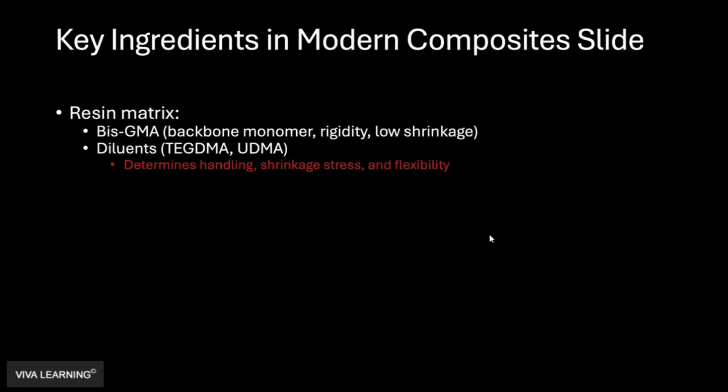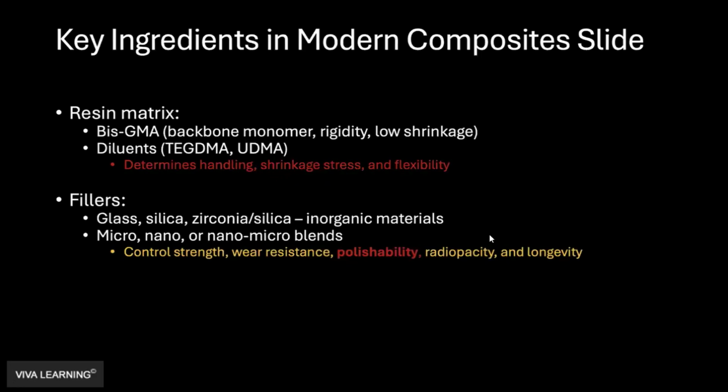The other key ingredient we have in composites are the fillers. And fillers, there are several types of fillers. We have the glass, the silica, zirconia fillers, and organic materials. There's a lot of things that are part of the composites, and depending on whether you have a microfill or nanofill, depending on the type of composite you have, is the type of filler that you will have. And fillers basically determine the polishability of the composite, amongst other things like the wear resistance and all that. But the most important thing that we need to understand about fillers is the smaller the filler, the easier it is for that composite to be polished, and the shinier it will become, the better the composite